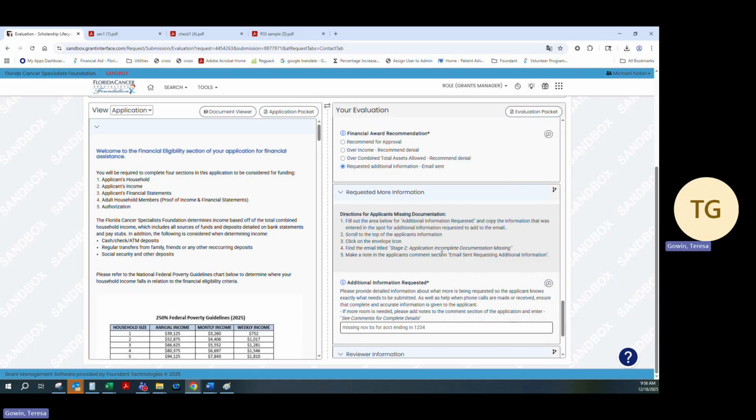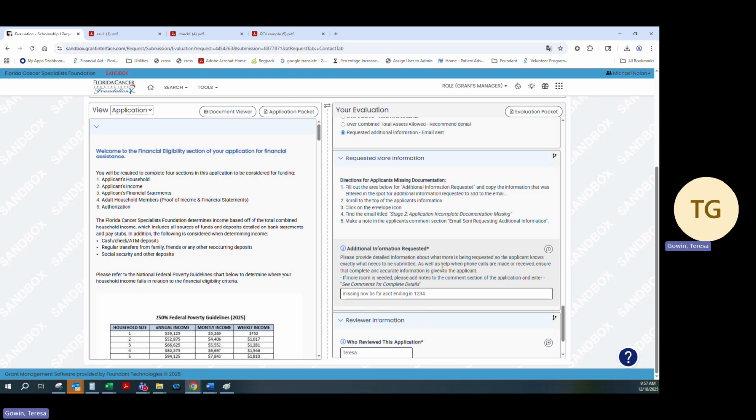This is kind of a shortcut to help keep you from having to retype everything in each time. So I'm going to say in this scenario that we were missing November bank statements that were ending in 1234. So you would type in that information and you will want to copy this, and then you will want to